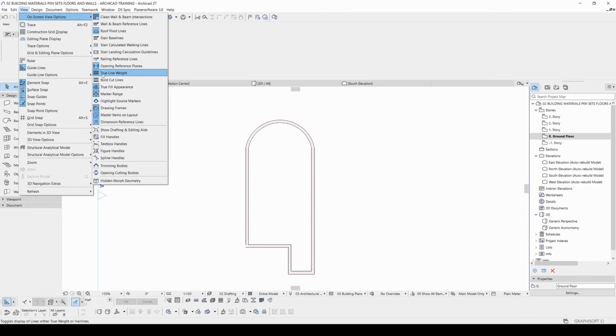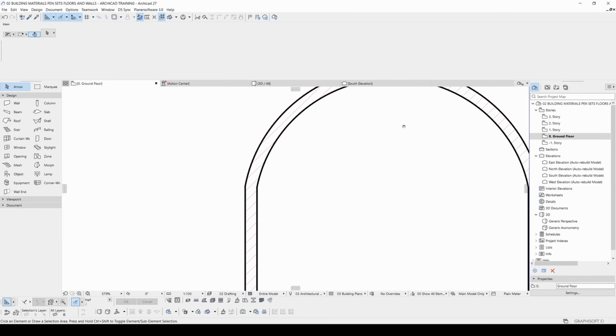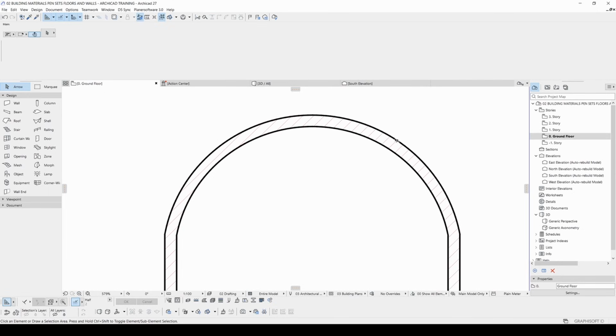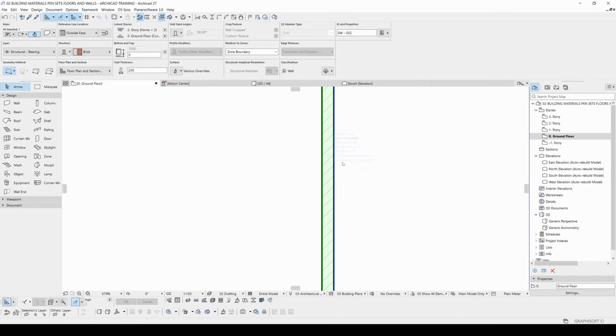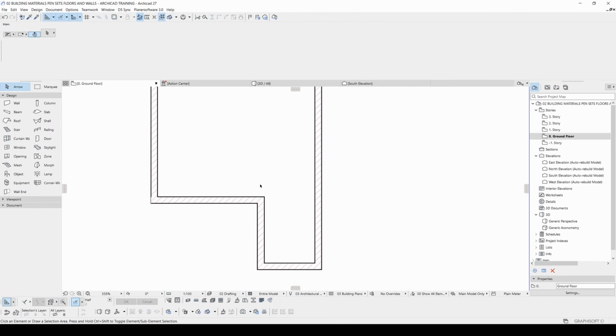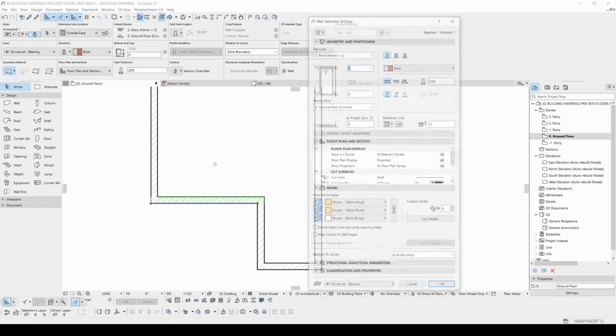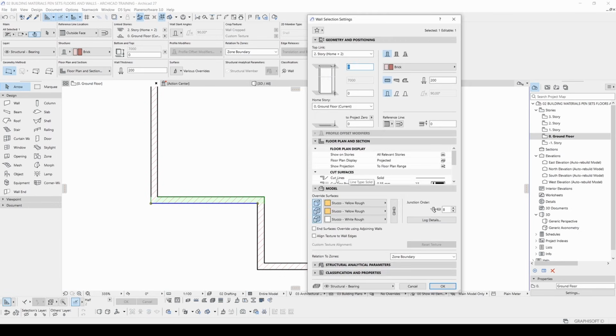If we were to go to the view menu and click on the screen view options, and if we click the true line weight, if we just zoom in, here we will see a bold black line. What are these? How can we change this black line? If we click the wall and go to settings, here you will see the cut line, solid, and the cut line pen is